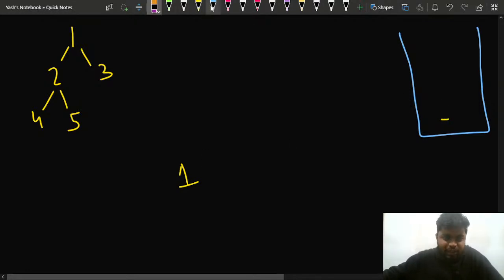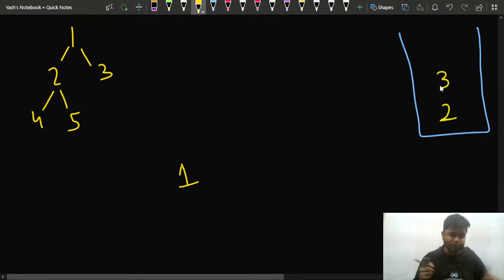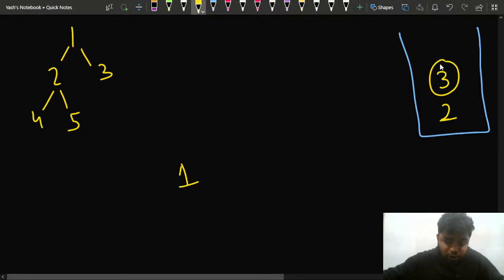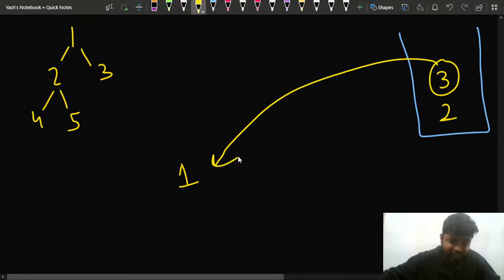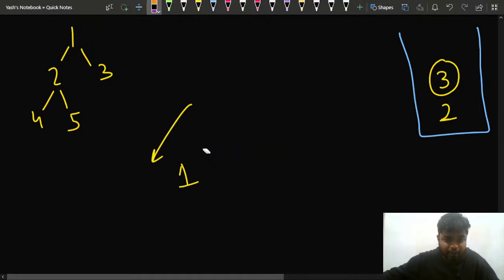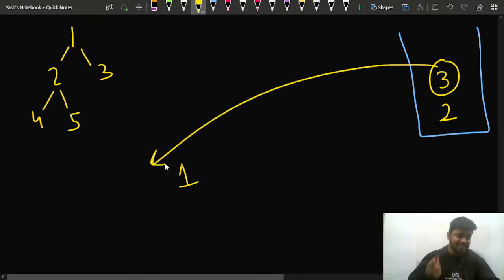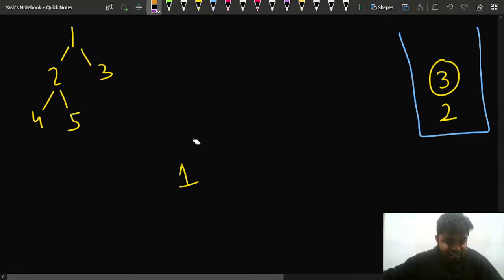Then from 1 the children that we get are 2 and 3, so I'll push 2 and then I'll push 3, right? Then I'll pop out 3. Once I pop out 3, instead of putting this 3 here, I'll put this 3 at this particular position. Every node that I take out from the stack, I'll put at the very beginning of this particular answer vector. So this 3 will come here, and earlier I was doing 1 and 3, now I am doing 3 and 1,